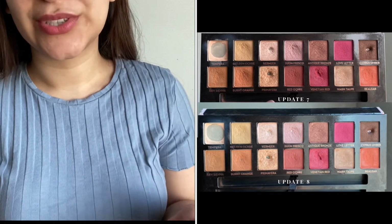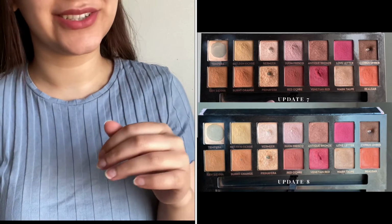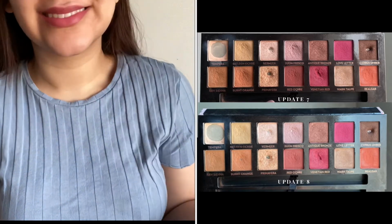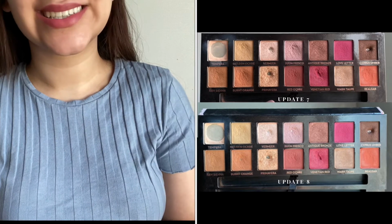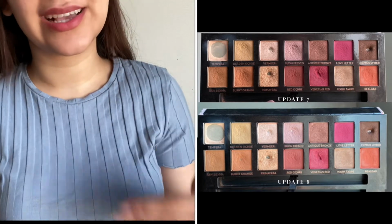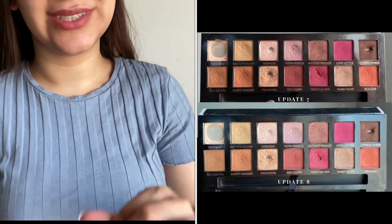Primavera, I've used it once or twice, so you can see a tiny minimal expanding off the pan. Is that a word? Red Ochre, I've used it once, nothing significant. Venetian Red, you guys can see the dip has grown so much. I think this is going to be the next shade I hit pan on, and the reason why it looks so deep and so